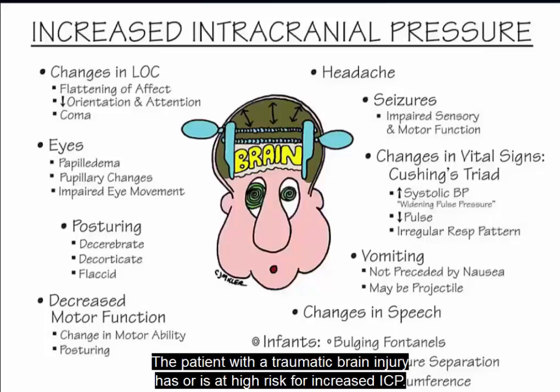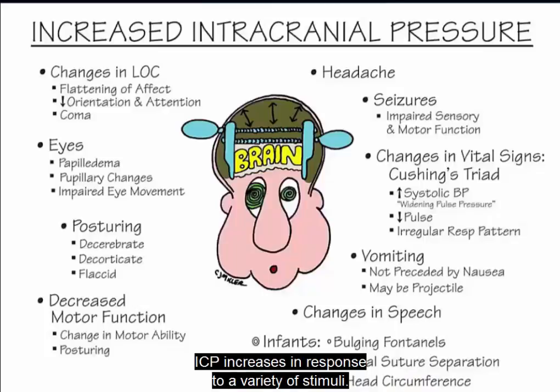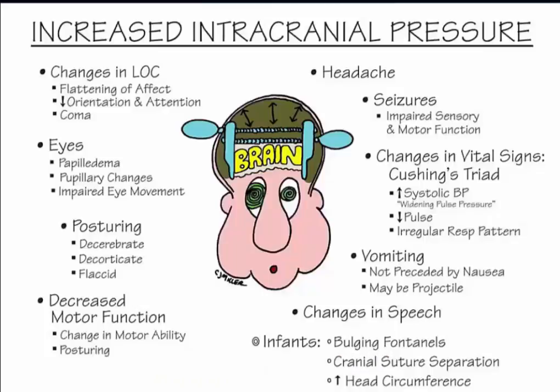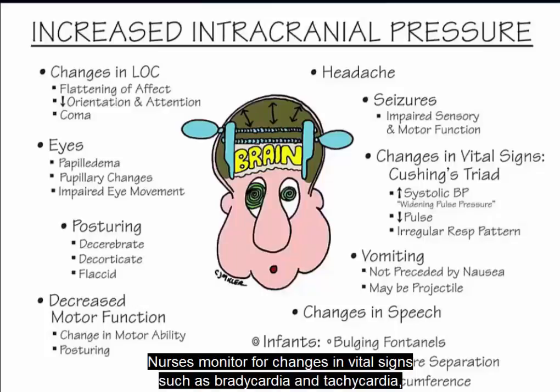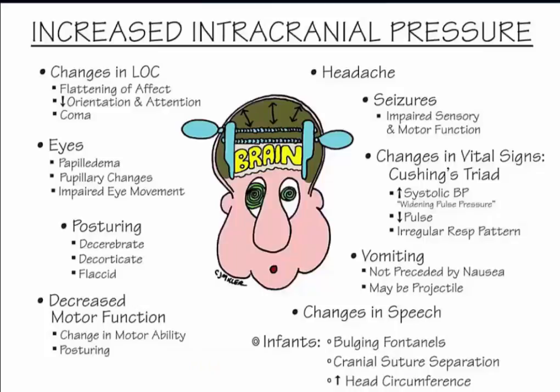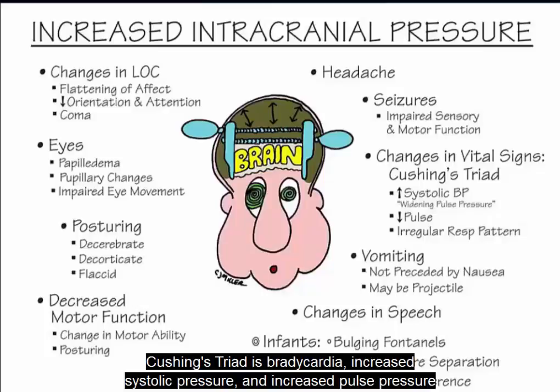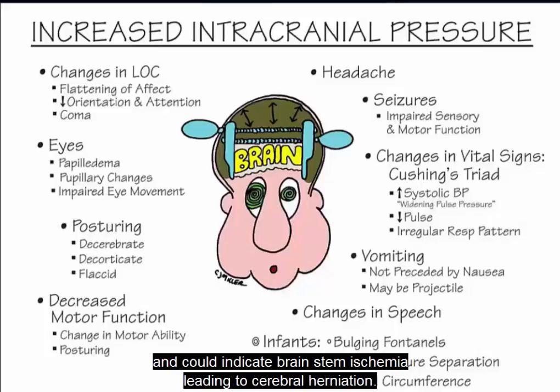The patient with a traumatic brain injury has or is at high risk for increased ICP. As the mechanisms that normally compensate for changes in ICP are compromised, ICP increases in response to a variety of stimuli. Monitoring for symptoms of increased ICP enables the nurse to evaluate the ability to integrate commands with conscious and involuntary movement. Nurses monitor for changes in vital signs such as bradycardia and tachycardia, varying breathing patterns, hypertension, or a widening pulse pressure. Cushing's triad is bradycardia, increased systolic pressure, and increased pulse pressure, and could indicate brainstem ischemia